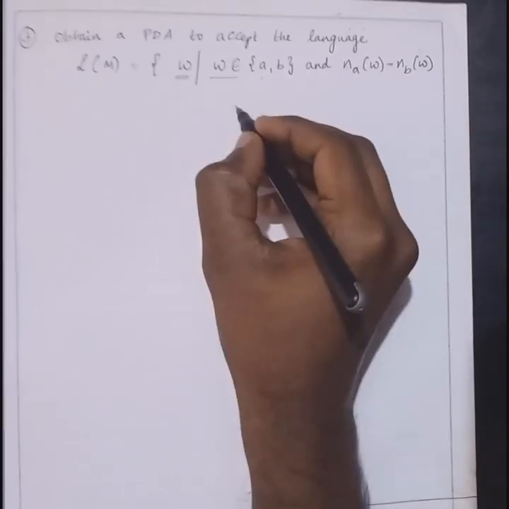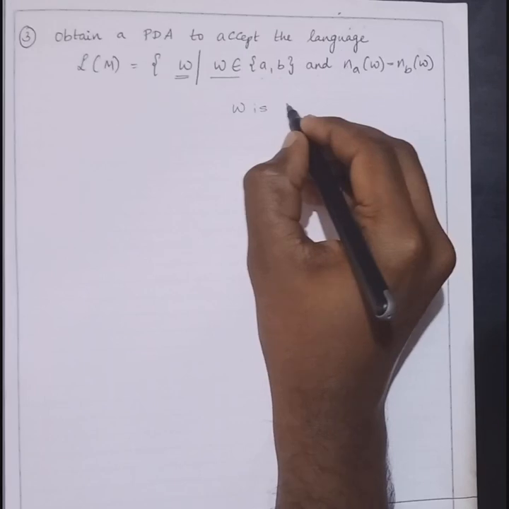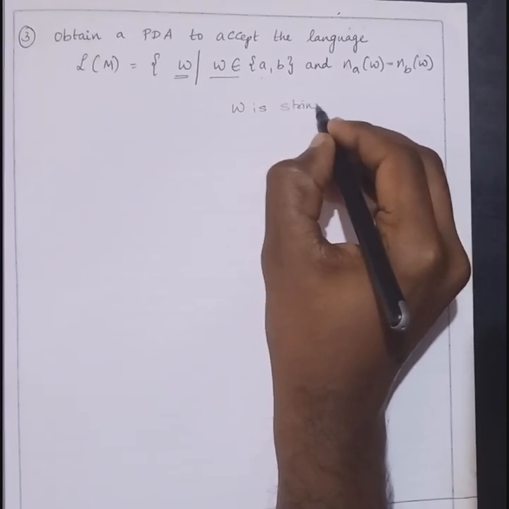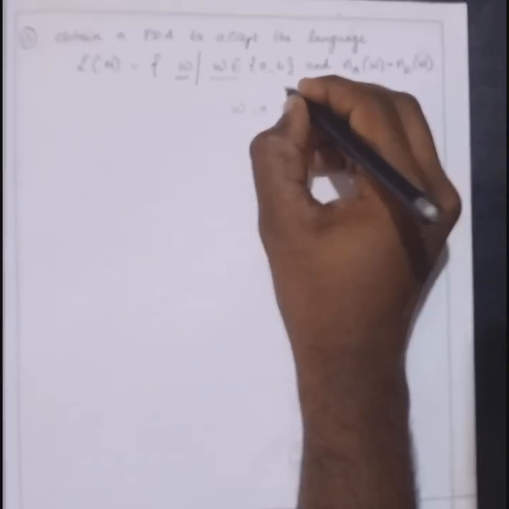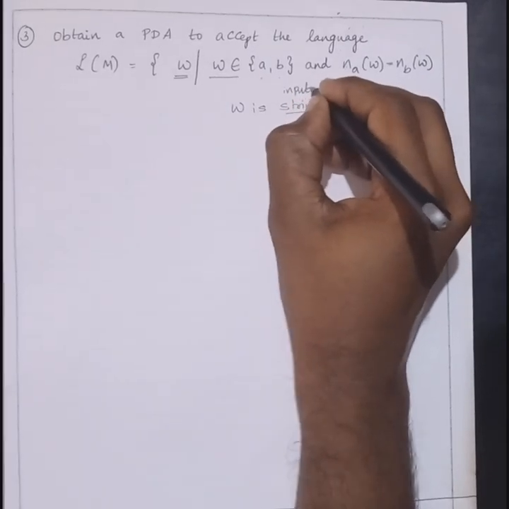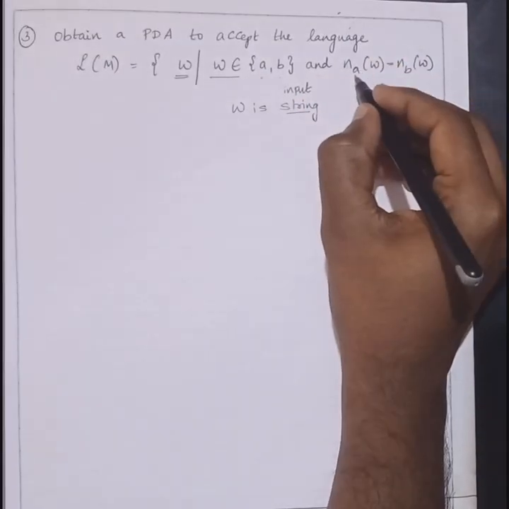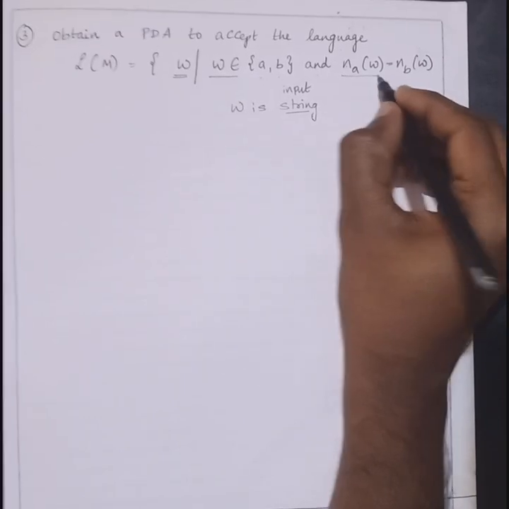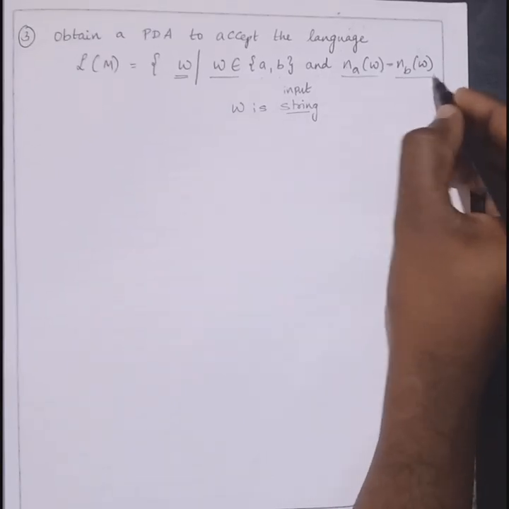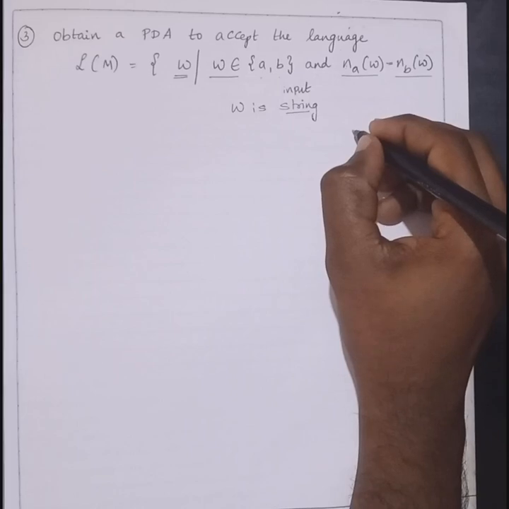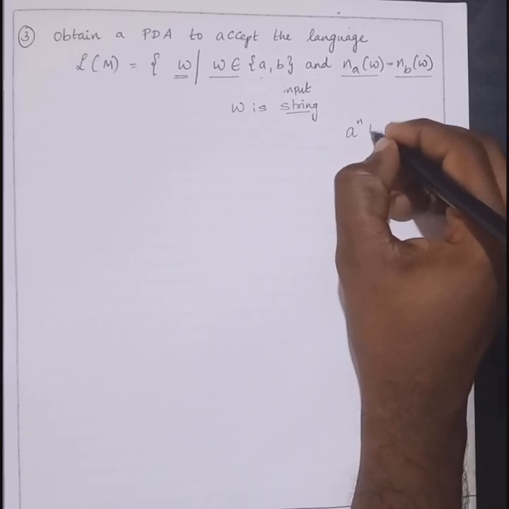So W is the string. Okay, so W is the string the machine can accept as an input. You can say it as an input string. n of a means the number of a in the given string should be equal to the number of b. Actually, in the previous session, we saw a to the power of n and b to the power